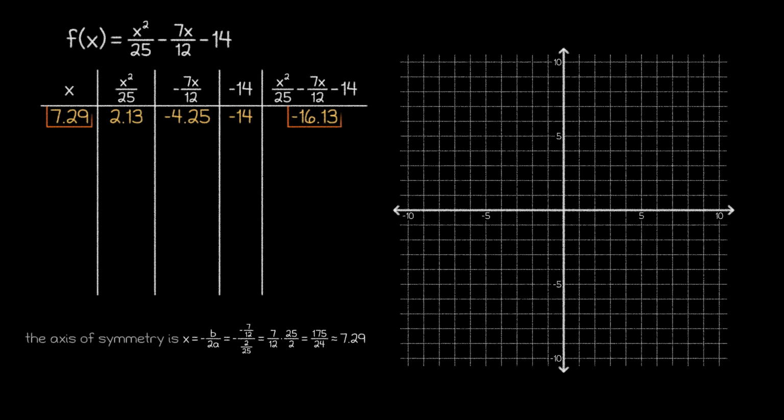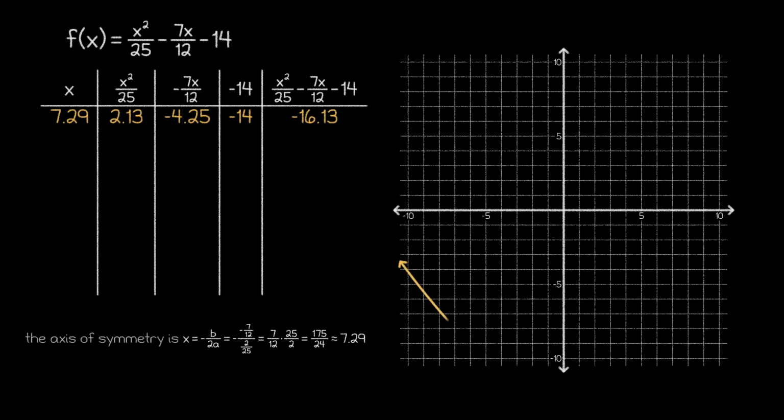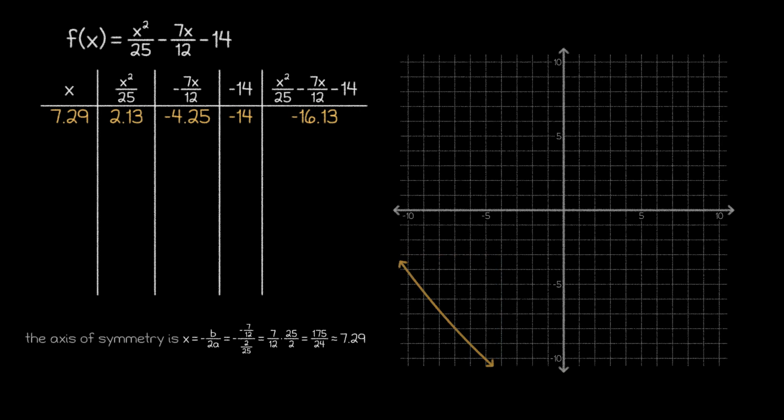Once we do our vertex calculations, though, you might notice a problem. The vertex isn't going to fit in our graphing area. In fact, if we graphed this example on the current set of axes, we would only end up with a small portion of a parabola in the corner of the graphing area. Since this doesn't tell us much about the parts of the parabola we care about, we'll remove these axes and draw new ones.